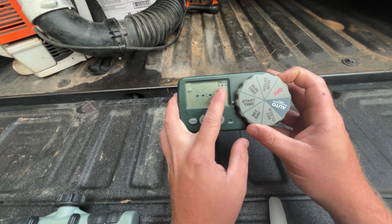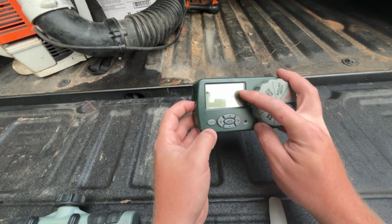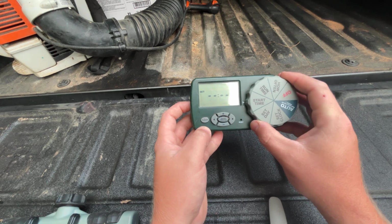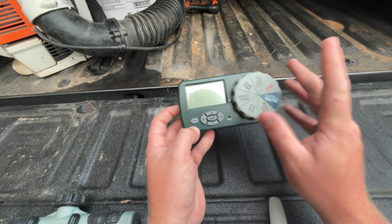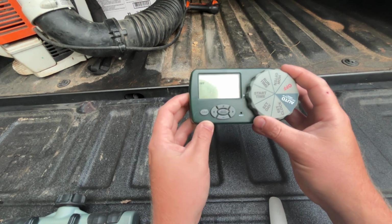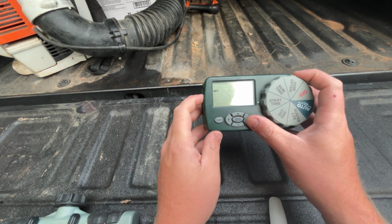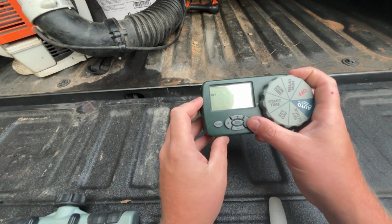So you see here there's an A, B, and C cycle. These cycles are within 24 hours of each other, so these cycles will run in one day, meaning that there can be 3 different cycles throughout the day, starting at multiple different times. So if we have one programmed to 5 a.m., this is going to automatically turn on and run the irrigation